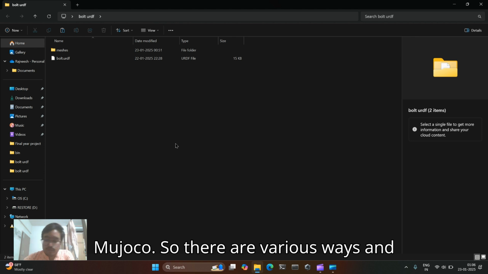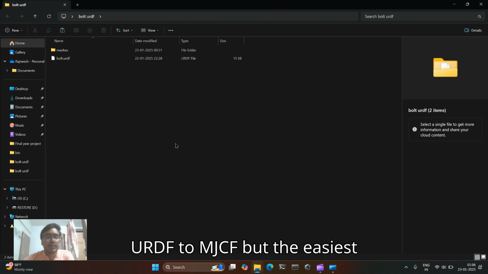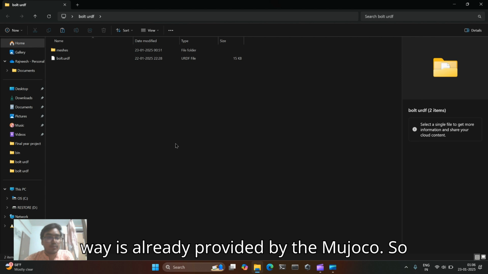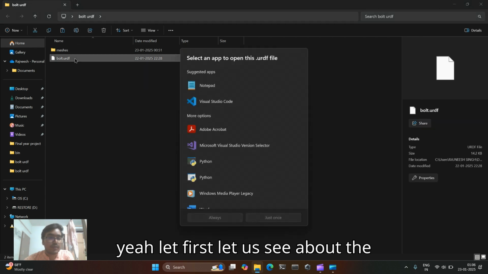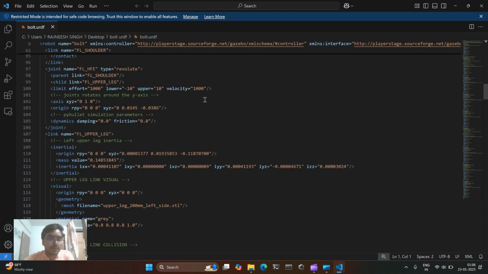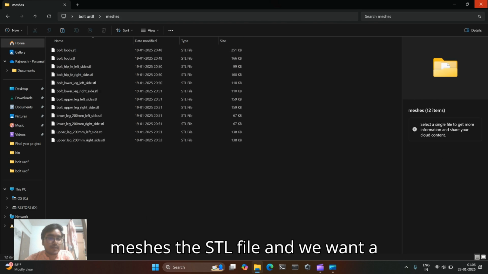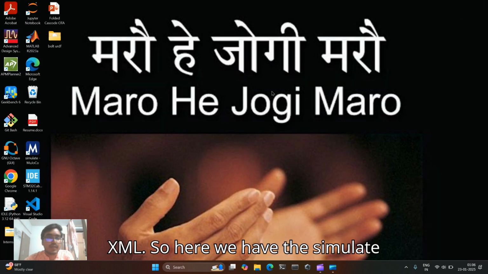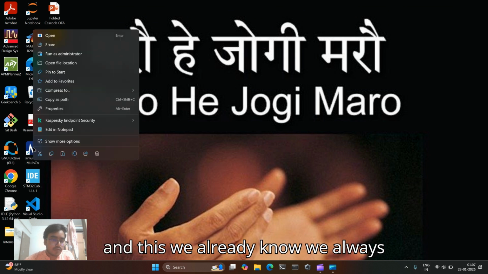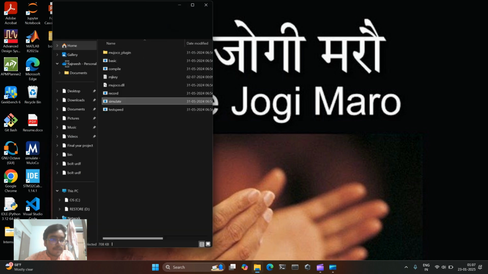So there are various ways and there are various external packages like URDF to MJCF, but the easiest way is already provided by MuJoCo. So yeah, let us see what we have got. We have got the URDF and the mesh STL files, and we want XML. Here we have the simulate, and this we already know, we always use it, but there is something more